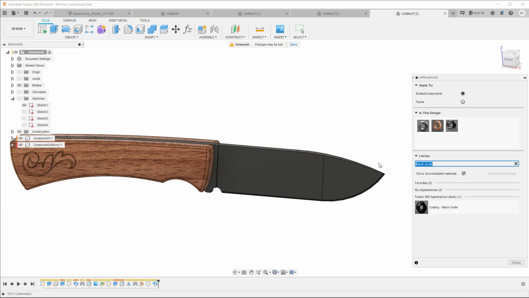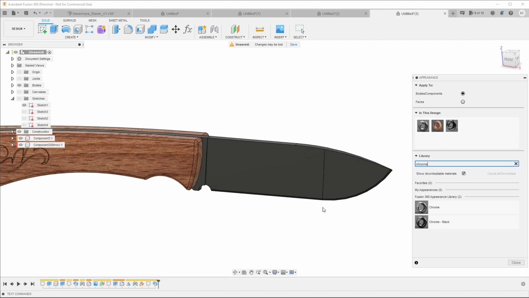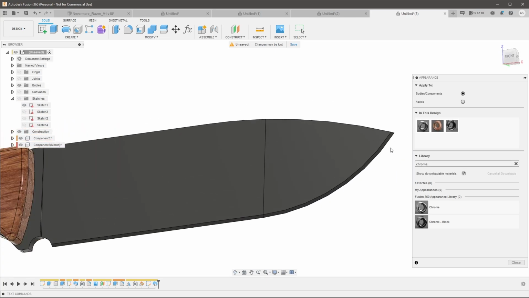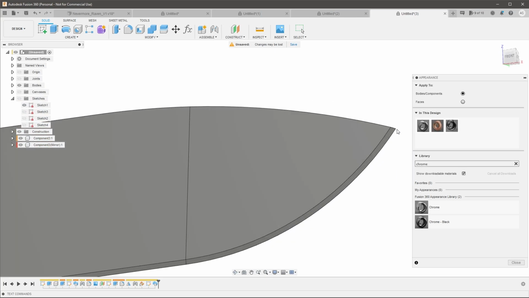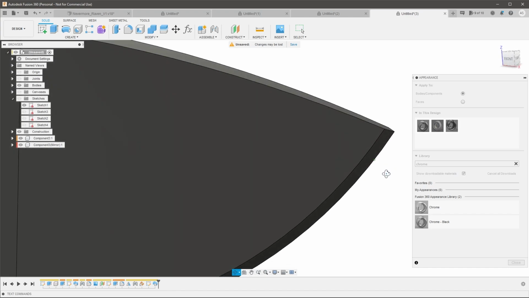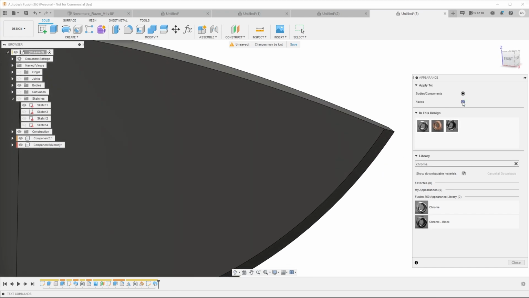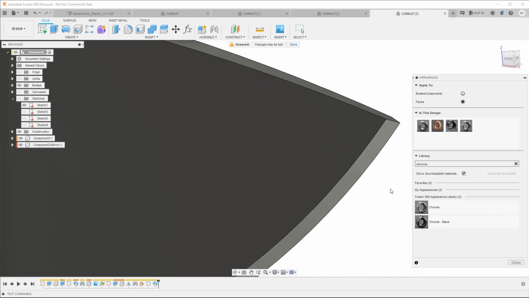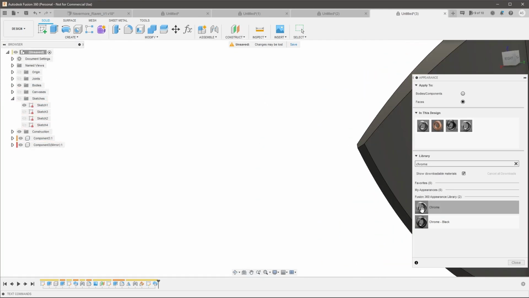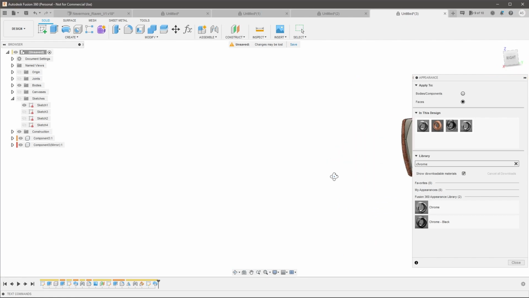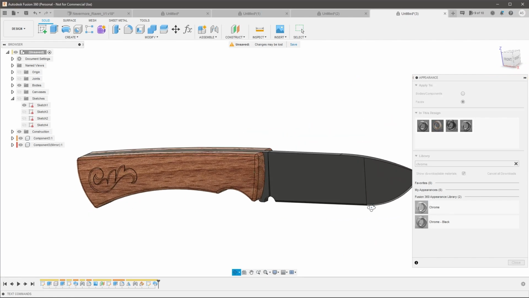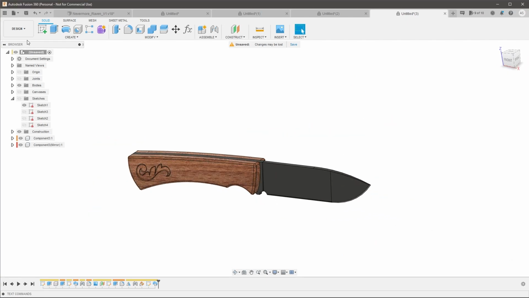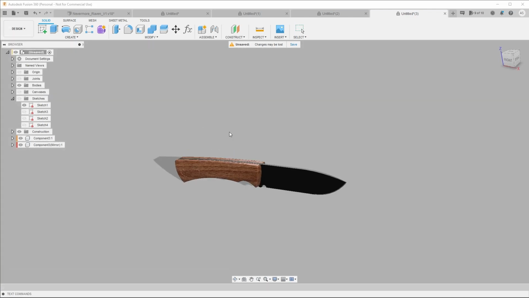And then let's do a chrome on just the bevel, or just not the bevel, but the actual part that we sharpened. And we'll select faces, and I want to apply chrome just to those faces because they will be polished after we've finished stropping and sharpening them. Hit OK, and let's go back to render,